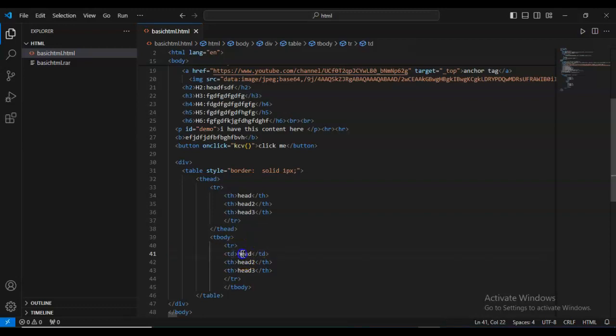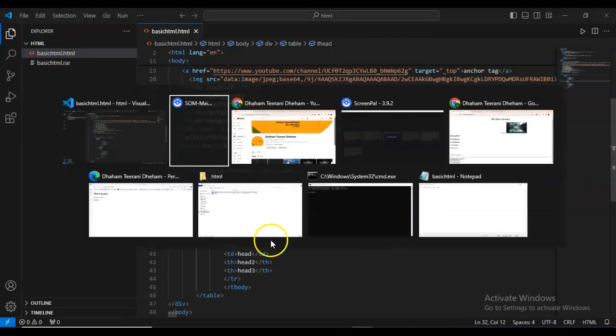Data cells provide the values for every column. Okay, so here the row tag means, I will explain everything. First of all, how does it work? First of all, for example,